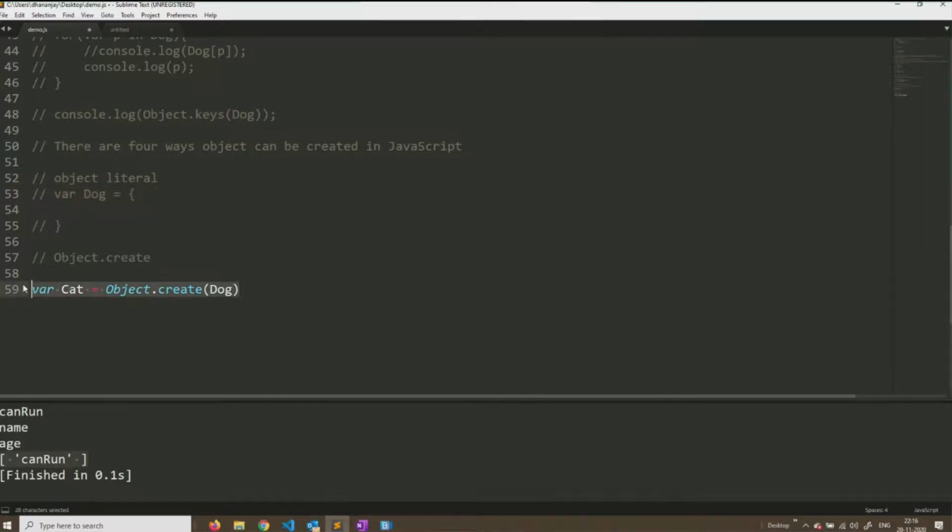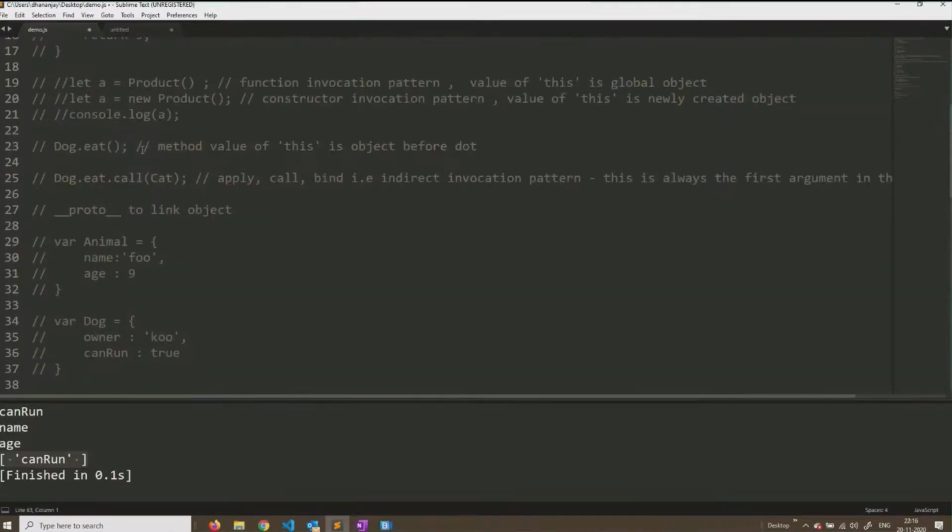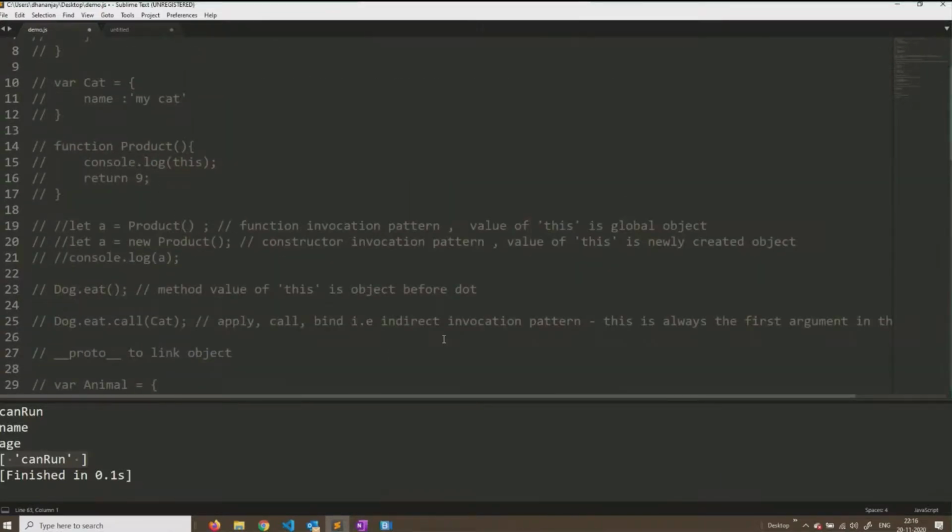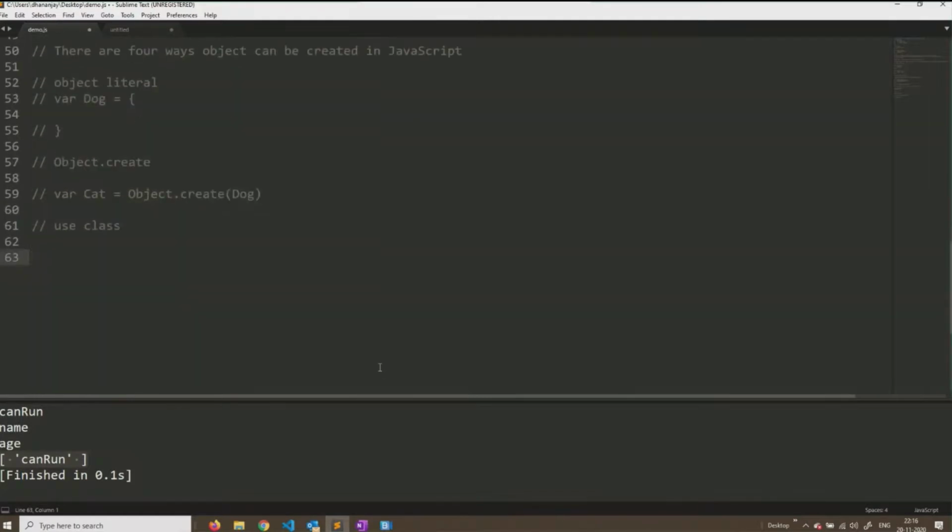The third way of creating an object is, of course, you can have a class. You can use a class to create that. And the fourth way, which we are going to cover, is using the constructor. And you have already seen that when I was explaining the value of this in the constructor invocation pattern. Now keep in mind that it doesn't matter how you create an object, the concept of prototypes is always going to be the same. So let's say that I have one function called product,